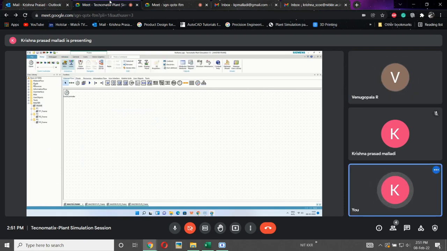Once we are done with these three things, then I will explain the top bar. So these three are the main. Class library was done, toolbox was done, and frame was done. Now we will be talking about the main ribbon bar, which is with the plant simulation tab. First one is home.